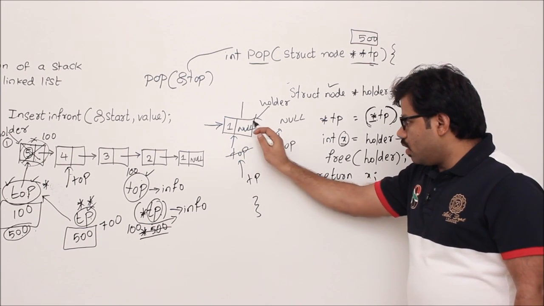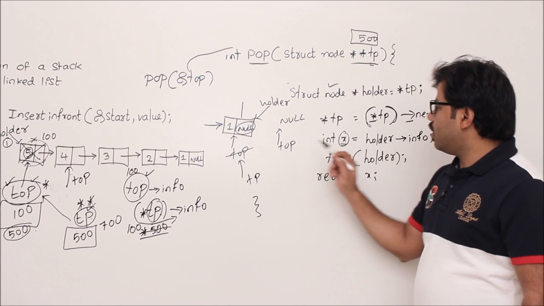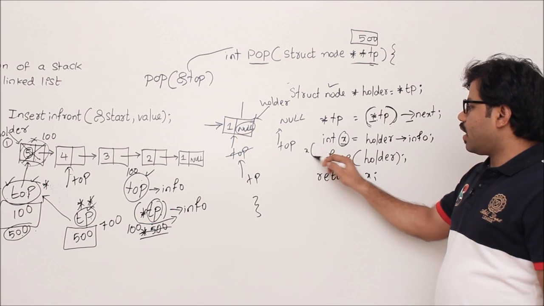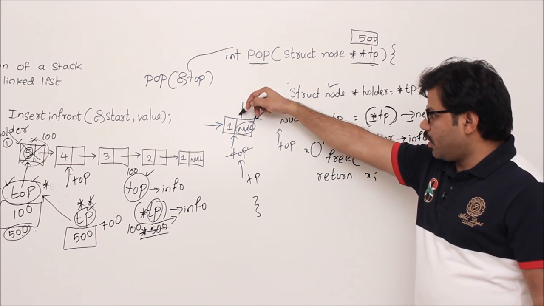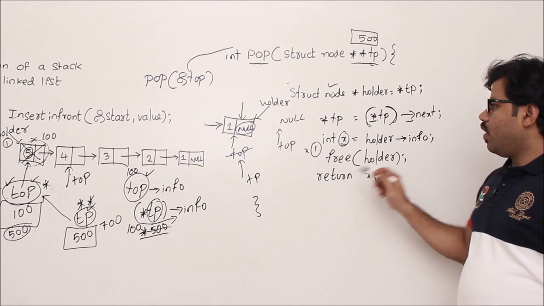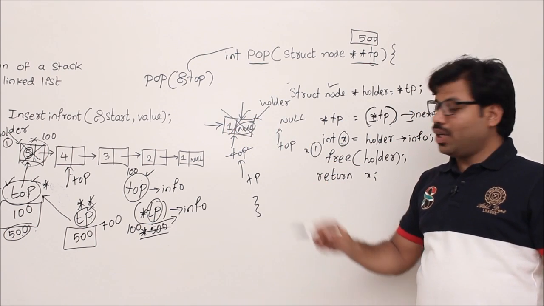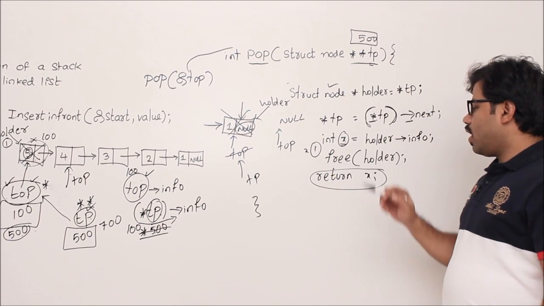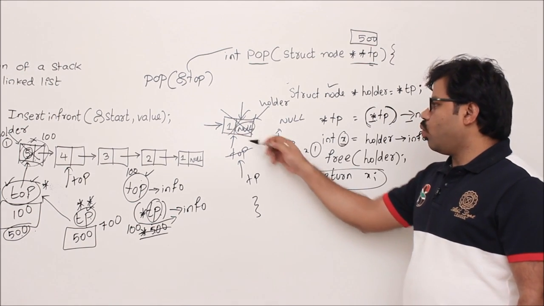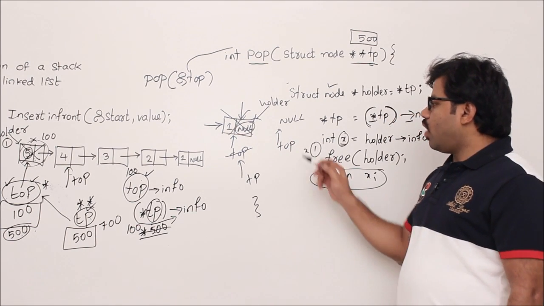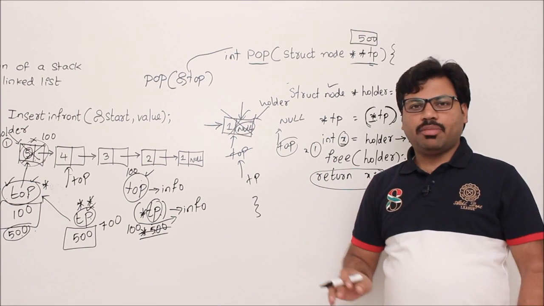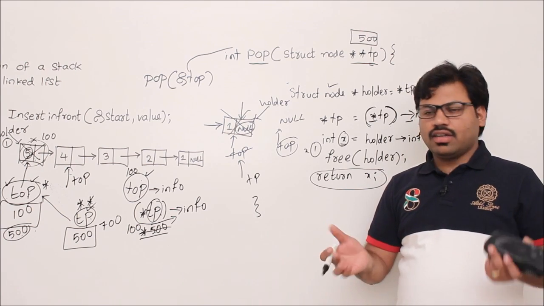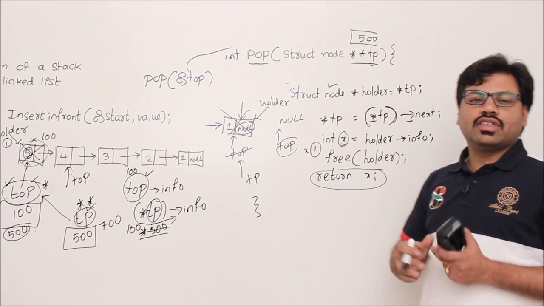We know that it will become null, correct? Because when you have only this single node, top->next is null, and that will be updated. After that, there is a variable x. x is going to get holder->info. Holder is this pointer, and info is 1. Then free holder. Now we are deallocating the memory, and we don't use it after that. Now the final step is return x. What are we returning? We are returning x, which is 1. Perfect. But after that, what is the top value? Null. Perfectly right, because when you have only a single node and delete it, where should top point? Null, right? That's why it is perfectly working for a single node also.